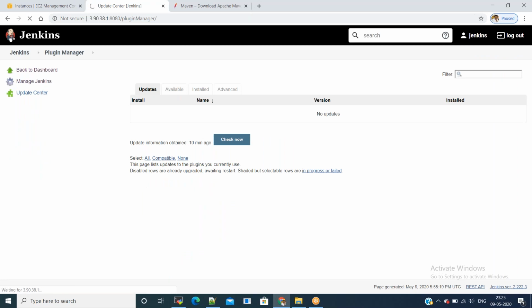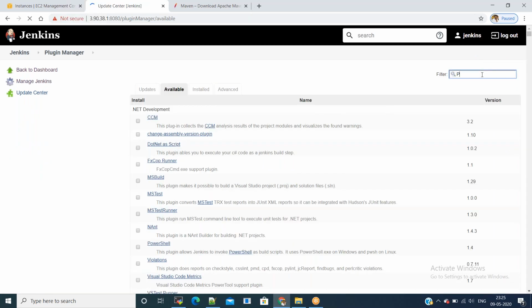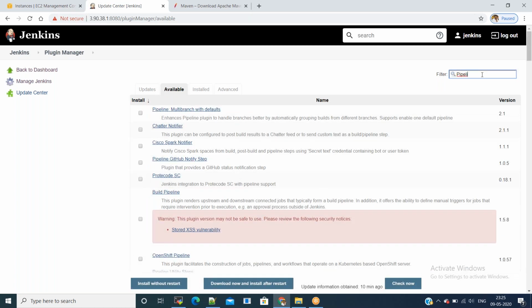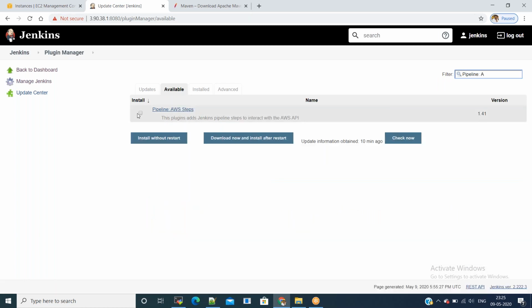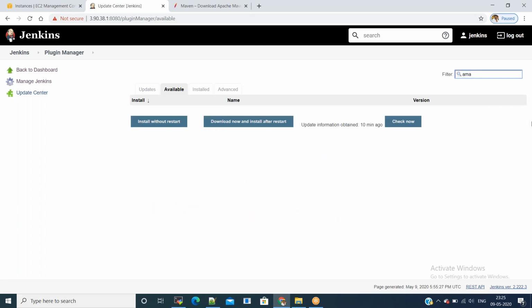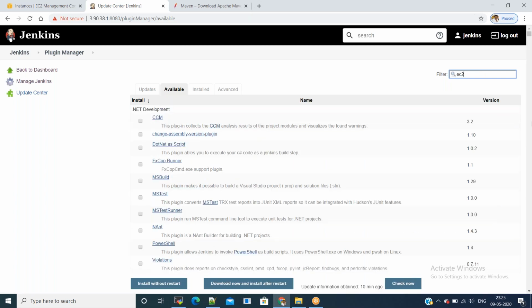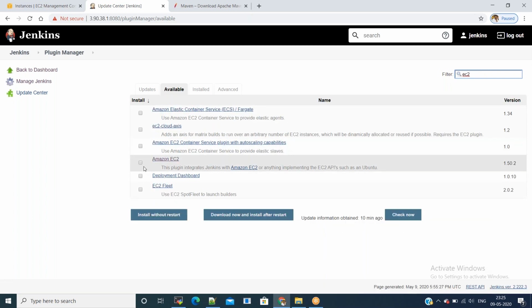Look for Pipeline AWS steps. And then you need to look for the Amazon EC2 plugin. Install without restart.